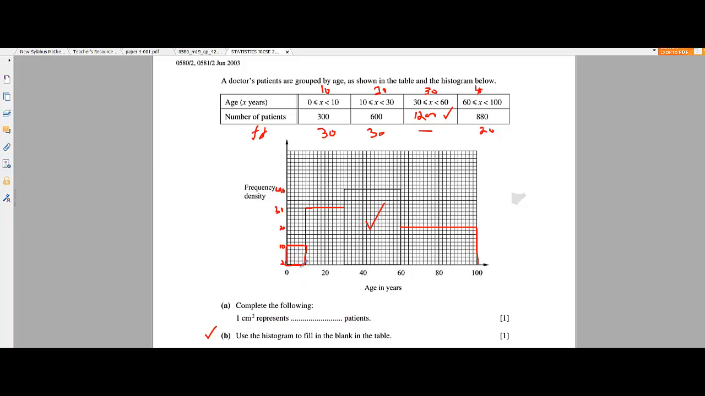So how much is this width? Look here, from here to here it is 20. So this 1 centimeter is about 10, the width is 10, and the height is also 10. So 10 into 10, 100. So this 1 centimeter square represents 100 frequencies. Frequency means